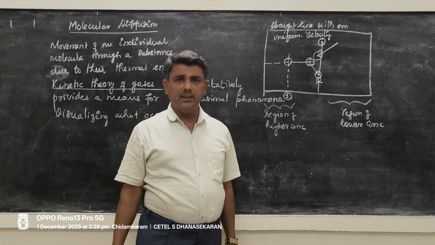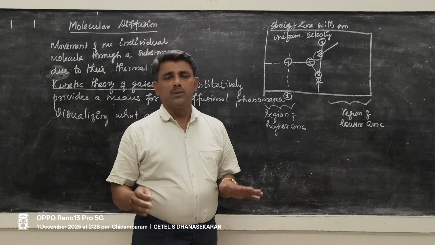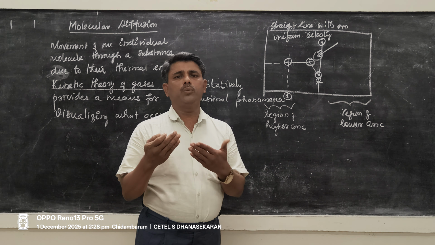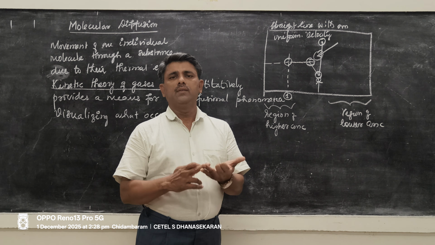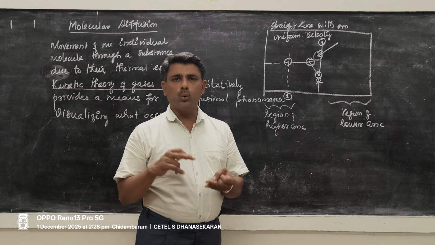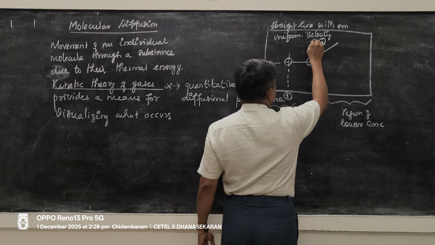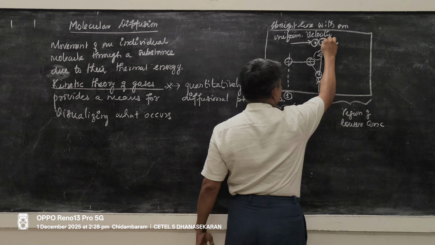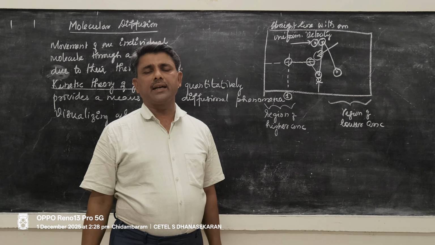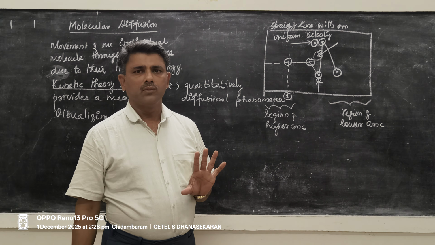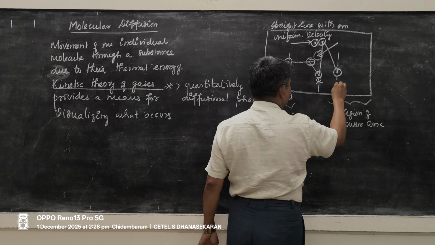The velocity change depends upon the opponent molecule, how fast it comes and makes the collision. Moreover, the direction will also be changed. Both magnitude of velocity as well as direction will be changed when the molecule makes a hit or collision with another molecule. Clear? This is another collision. Here one more collision. It moves like this. So what about the distance travelled by the molecule? This is the end point, location 2.